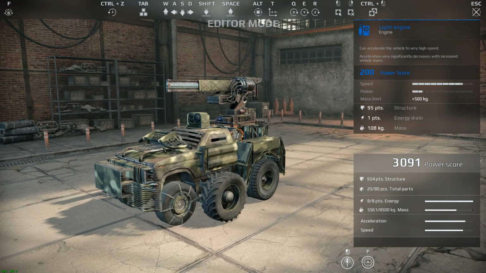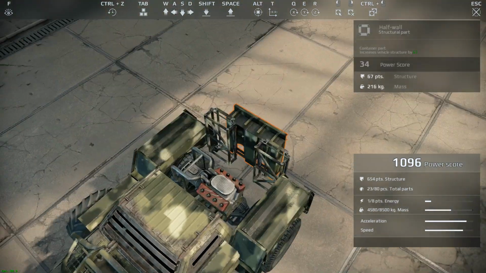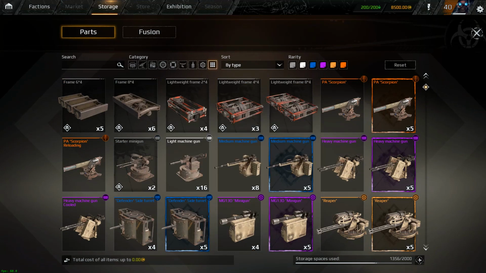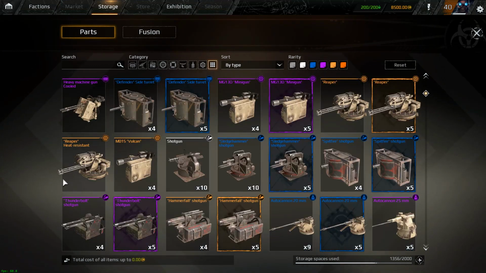Let's go ahead and make a build. So it's at 1096 right now. So let's make a build with one of these new ones. So heat resistant is what this one's called. And this one's called cooled. So I wonder, okay, if it's free for all,